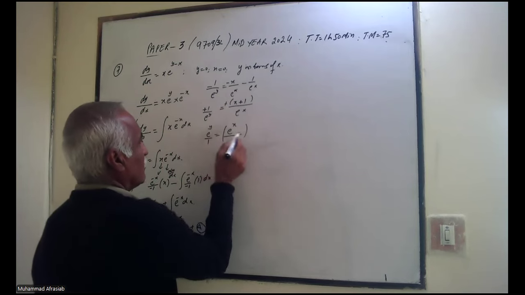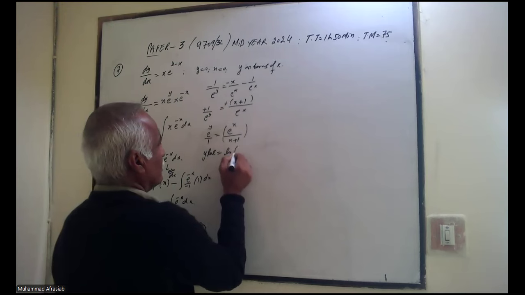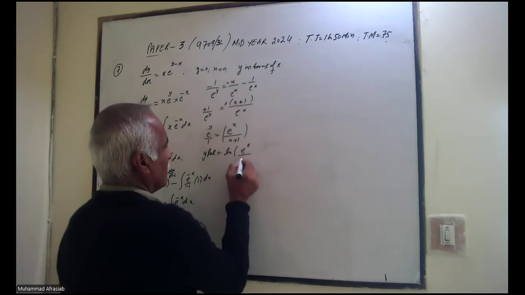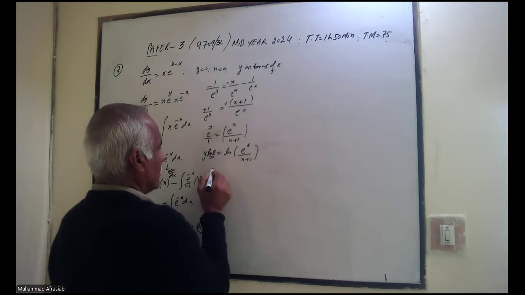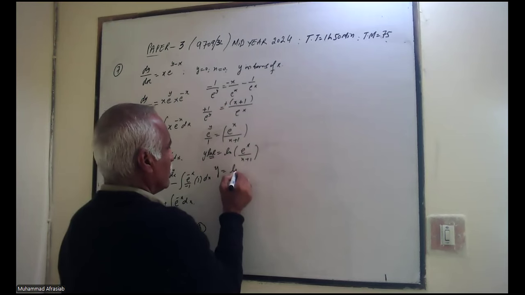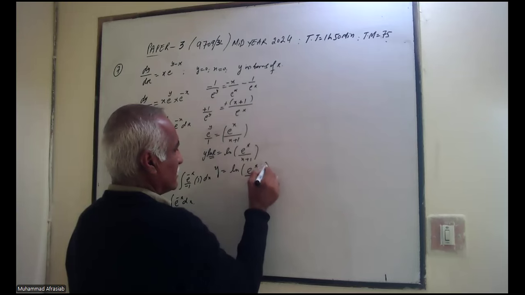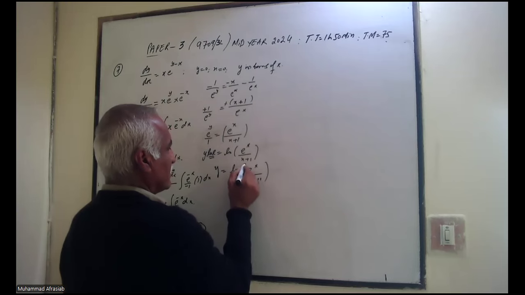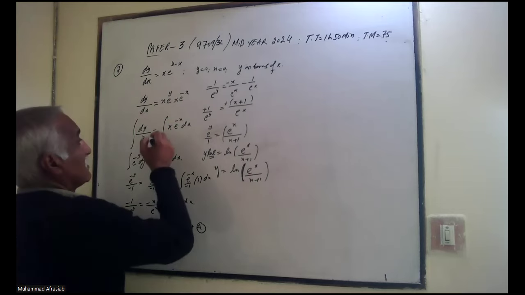Then taking the log on both sides, y ln e is equal to ln of e^x over (x plus 1). Since ln e is 1, y should be equal to ln of e^x over (x plus 1), which is the integration of this differential equation there. Then in the second part,